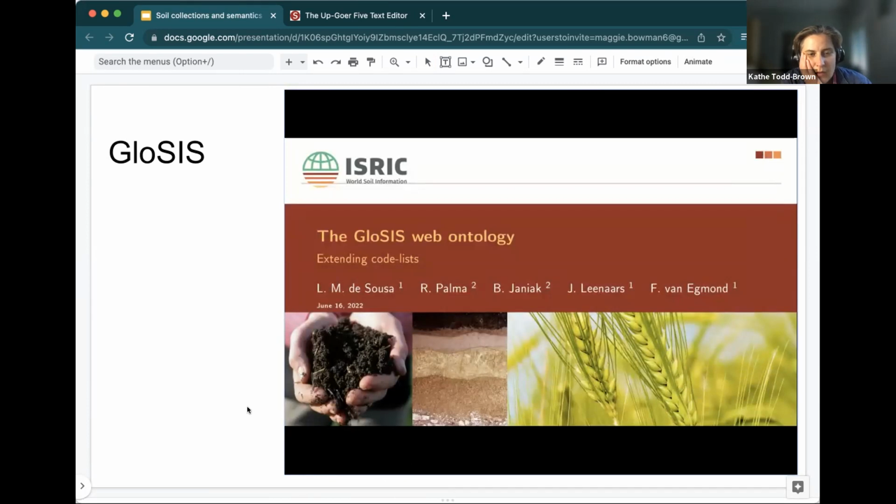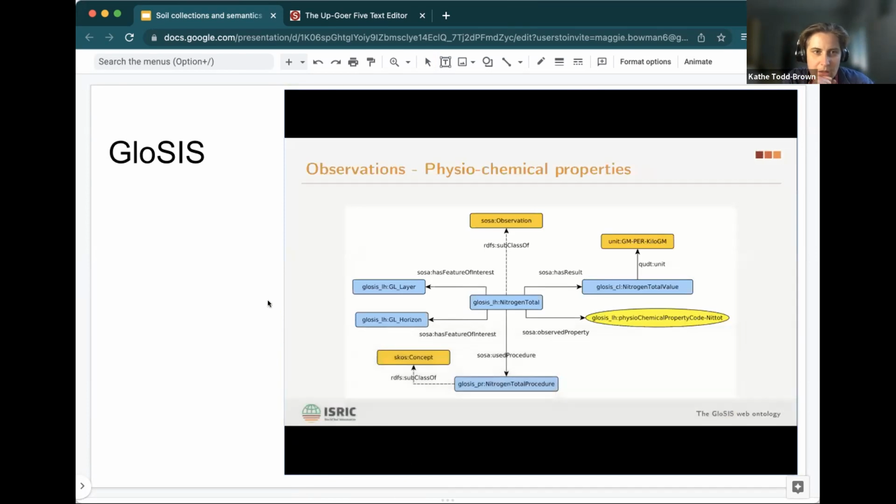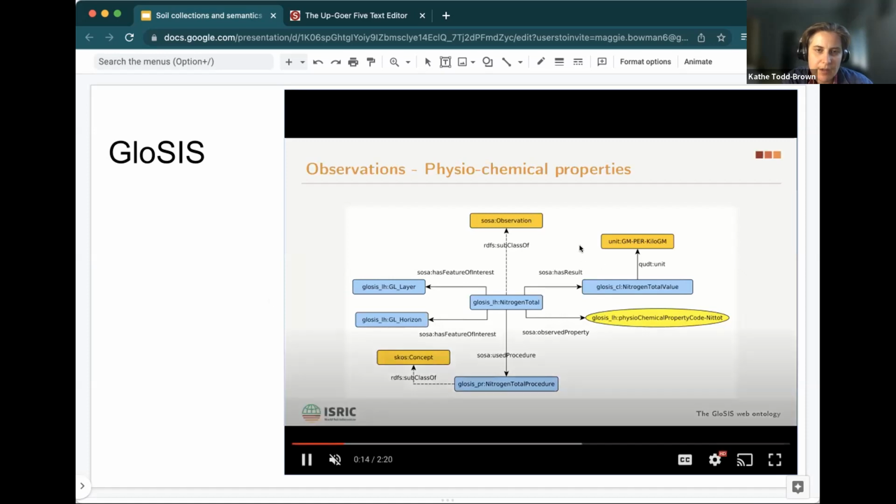Right, so one of the things that they've been focusing on is capturing codelists and properties thereof. So this is an example of the total nitrogen, which has some value associated with a unit that is associated with a layer and a horizon, and uses a procedure.